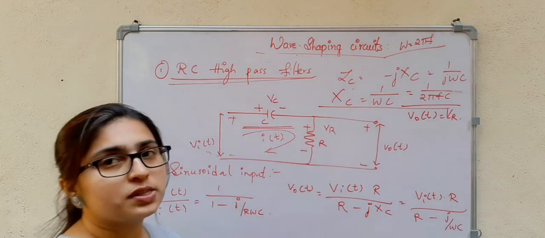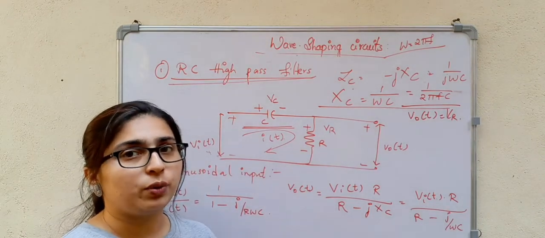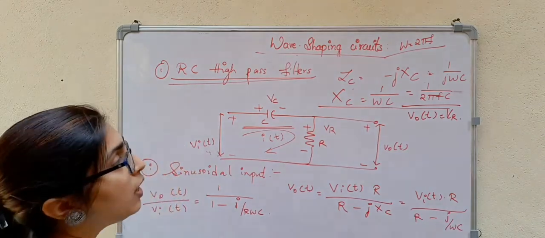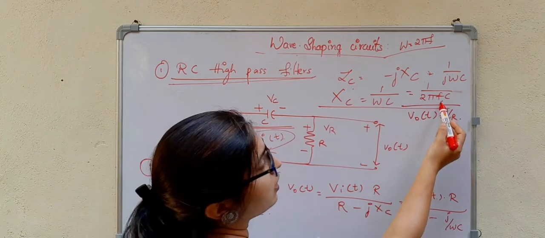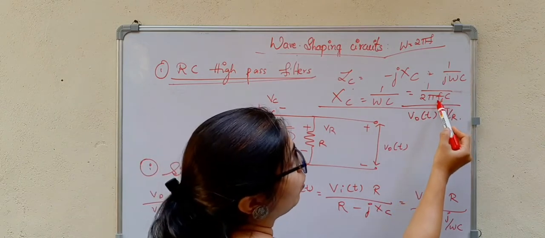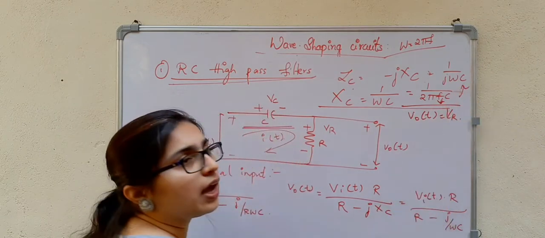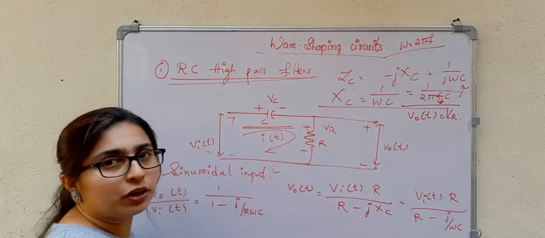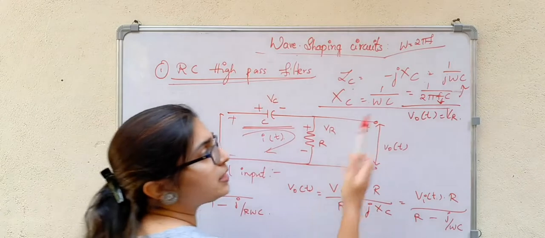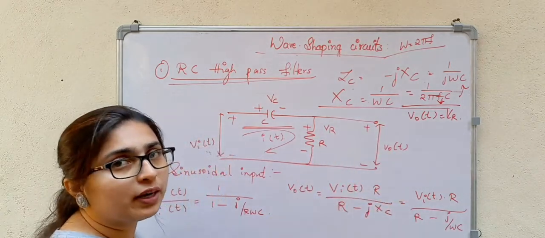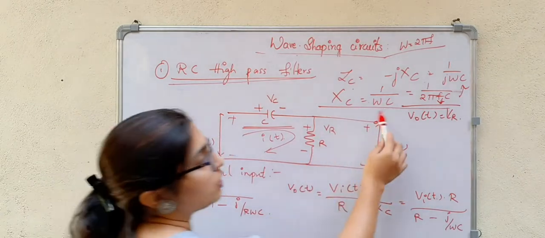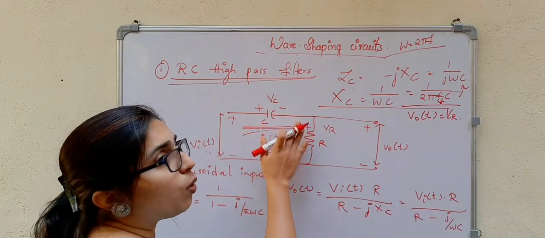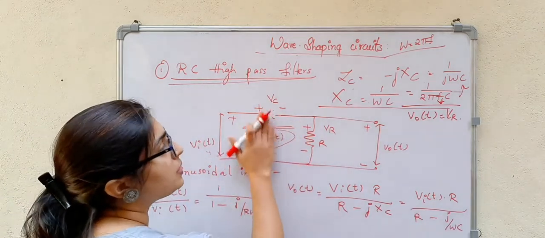So now we have to see what happens at the high frequency and what happens for the low frequency components. At very low frequencies, you can see this is very low. That means the reactance is high. Reactance is high means it will be blocking those particular frequencies, right? That means there is opposition to the flow of that particular component. So the reactance is more. So what happens? Now this acts as an open circuit.